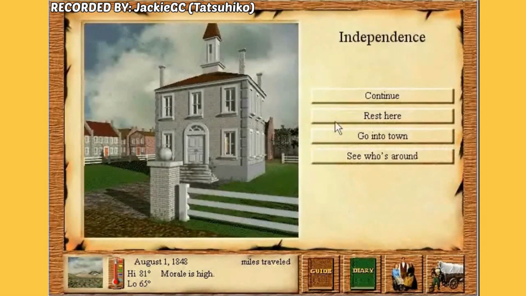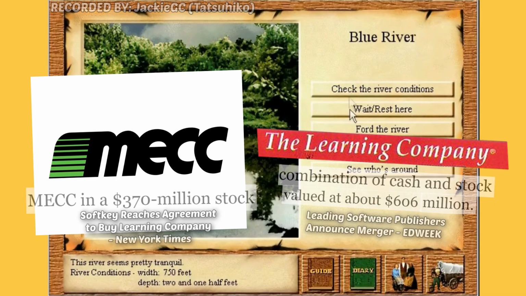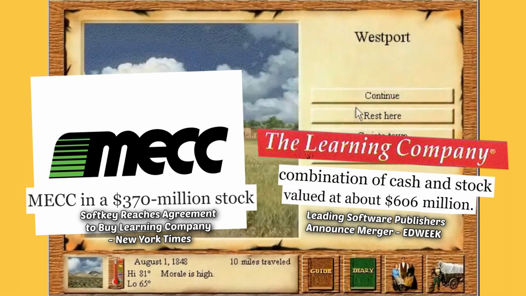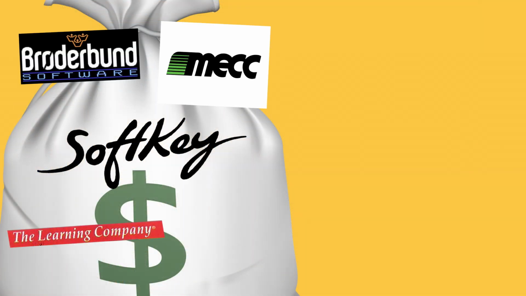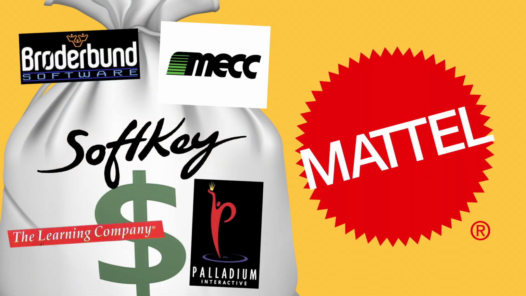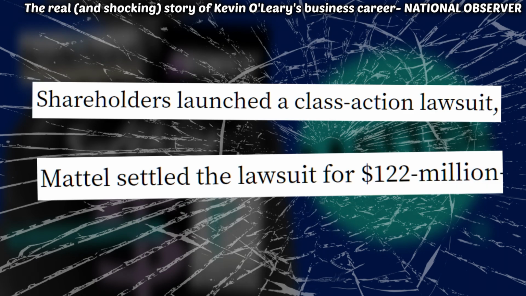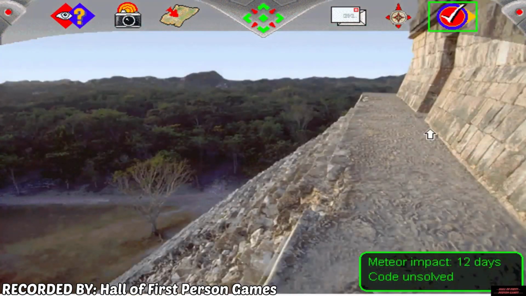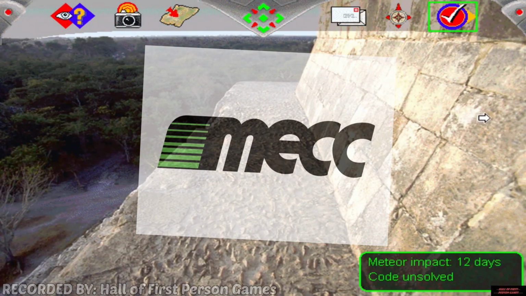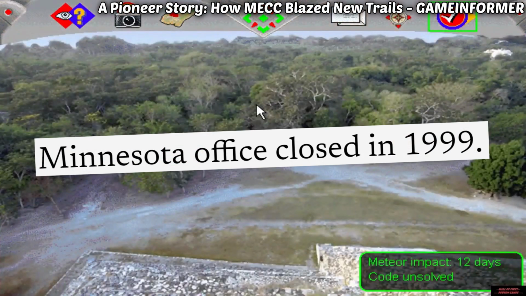To sum things up ever so quickly, SoftKey had acquired both Mech and the Learning Company for a near $1 billion combined sum, lost a bunch of money in the following years, and then sold themselves and everyone they gobbled up to Mattel in what's considered one of the greatest acquisition disasters, not only in entertainment, but in major business. The move crippled the educational software market for a good while, and Mech became one of its many victims in the fallout, as their main offices closed mere months before the new millennium.